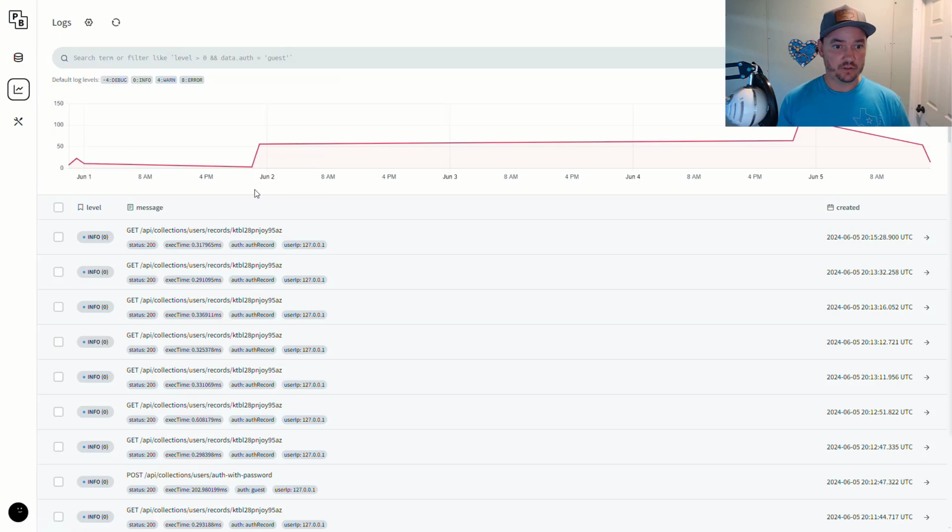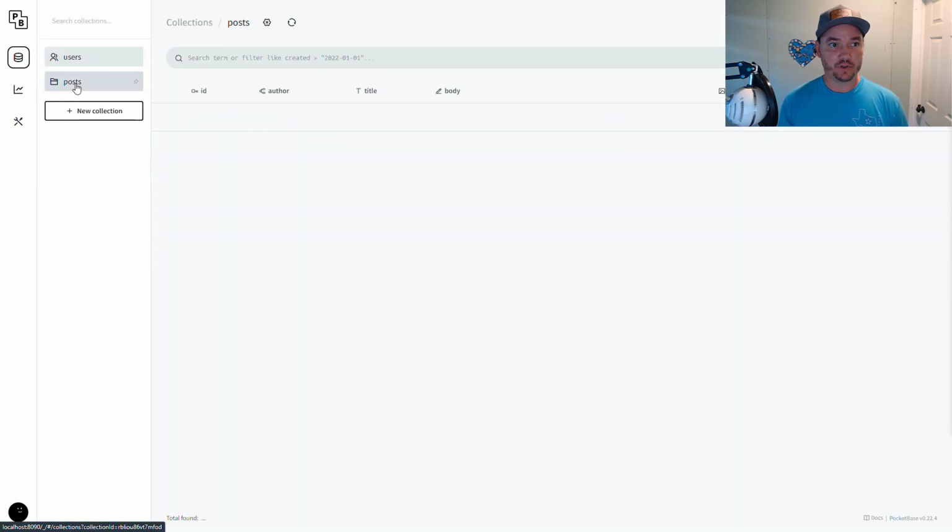So there's logs that will give you a nice dashboard overview of all the requests that are made, any errors, anything like that. And then you can actually search through this and see specific things. This all exists inside of a single file, so you can look at it that way too if you wanted to for whatever reason. So back at collections, we do have another collection or another table for posts,